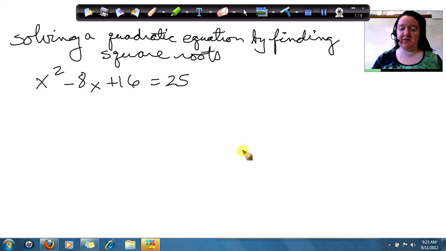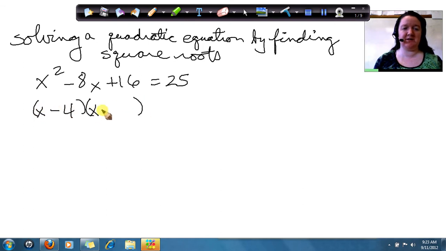Good morning. Let's look at the first big idea in Chapter 1, Section 7. We're going to solve a quadratic equation by finding square roots. Now, I want you to look at this expression, x squared minus 8x plus 16. I can find the factors of that by saying (x minus 4)(x minus 4)